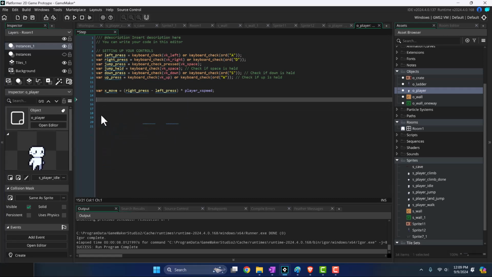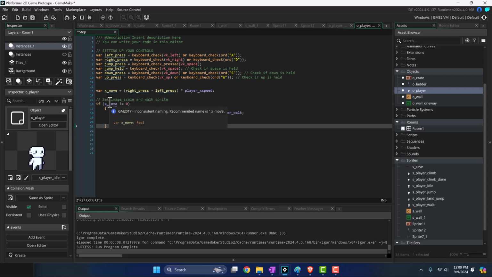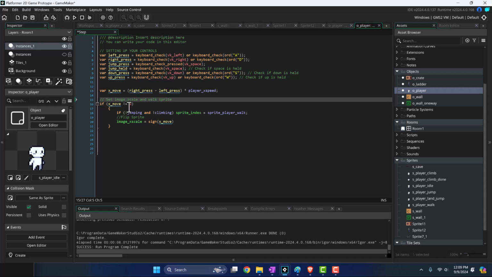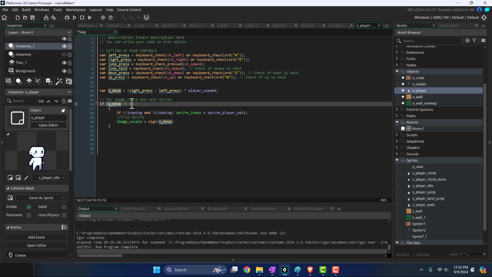But let me delete this. We're still gonna keep X move. That looks good. But for now, what we're gonna do is continue adding code. So let's paste this in here, and we're gonna say if X move is not equal to 0, so if we're moving, if we're still 0 minus 0 times whatever is 0, right? So as long as we're moving,